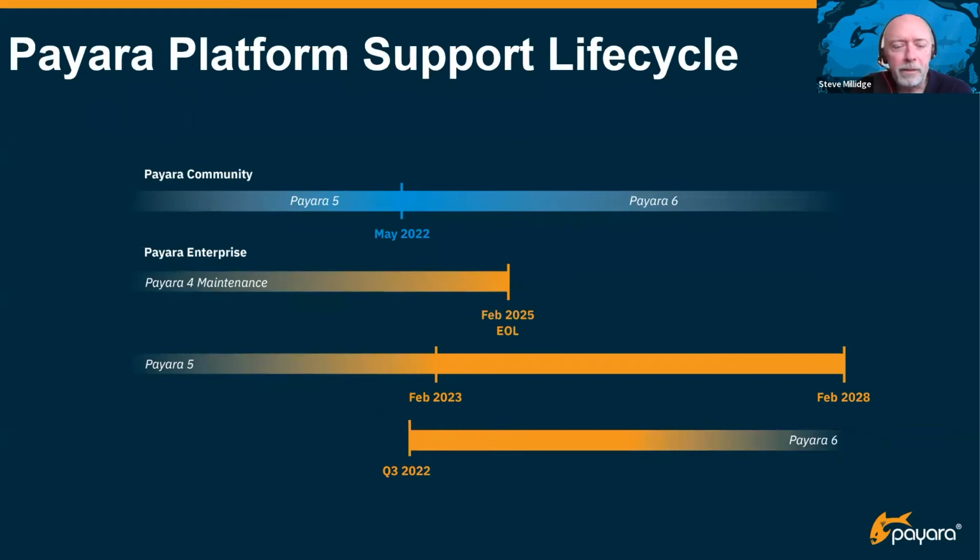So it's not as if you will need to migrate rapidly away from Payara 5 when Payara 6 comes out. If we assume Payara 6 comes out in 2022, in Q3 enterprise, then that will be in support for another 10 years. So that comes out into 2032. So a lot of time to factor in your migration from javax to Jakarta.